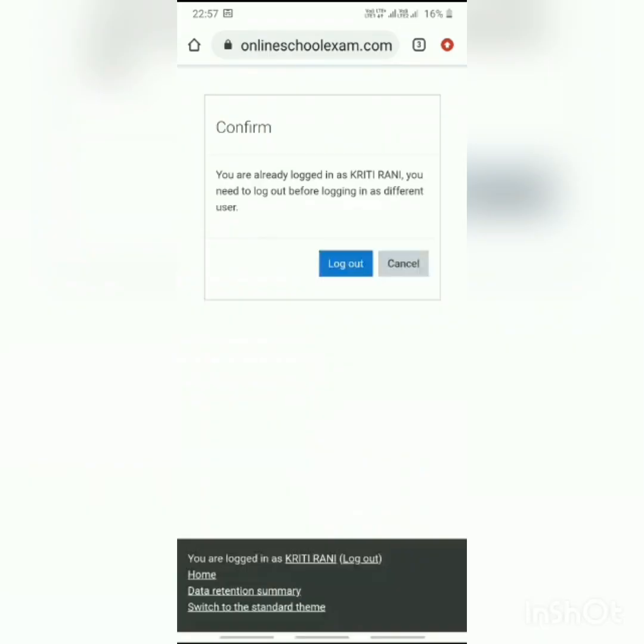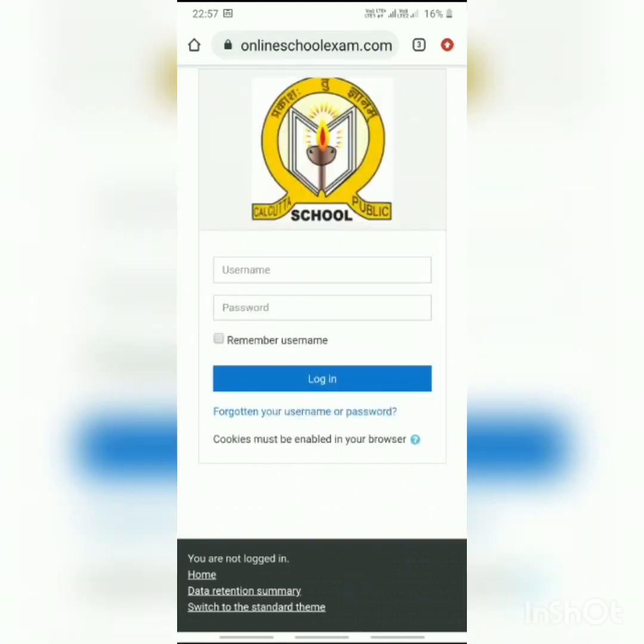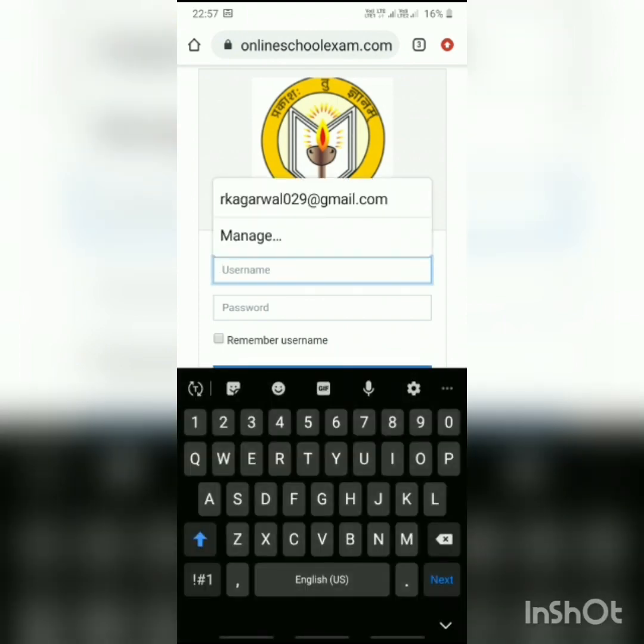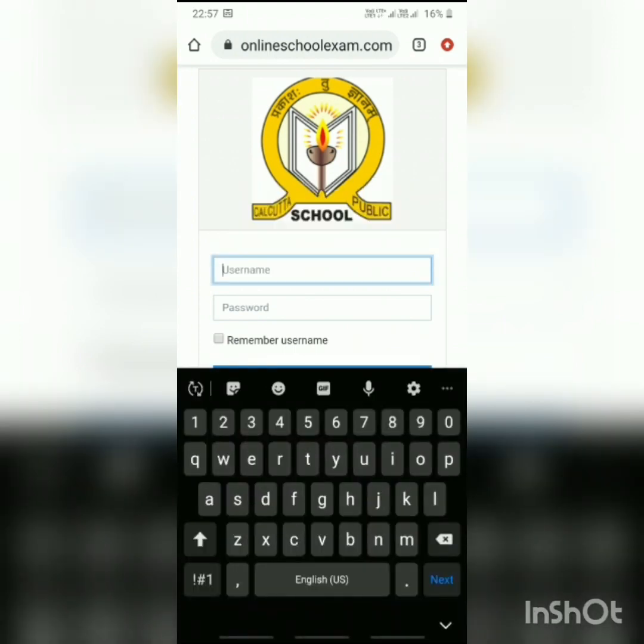As you select this one, here you will see this kind of thing. Starting with the student, you will find their username, password and all these things. As you go, you have to put in the details on this screen. In the username you have to put your username, which is your name plus your account number. Now I am opening an ID with the name of Kriti Kumari.